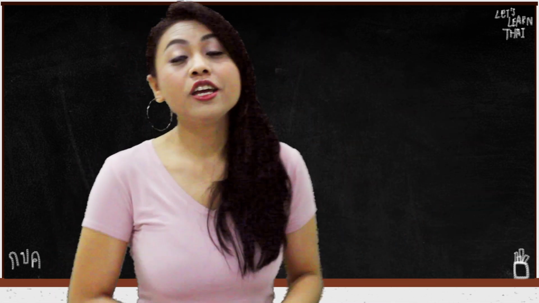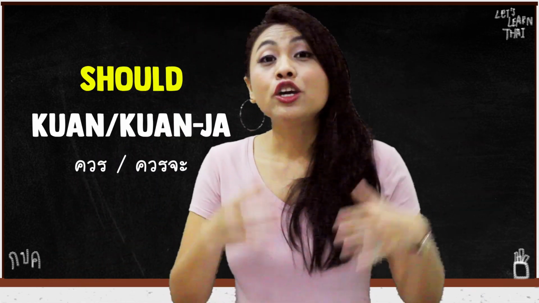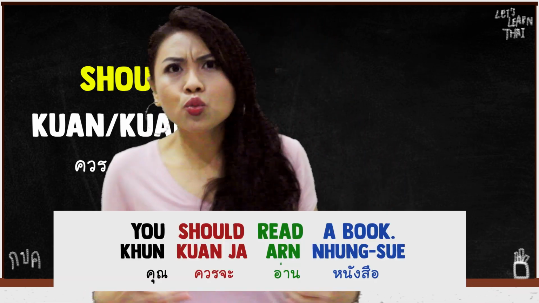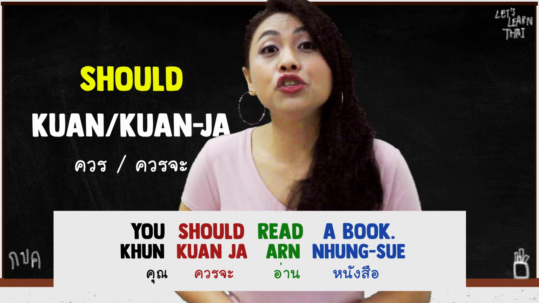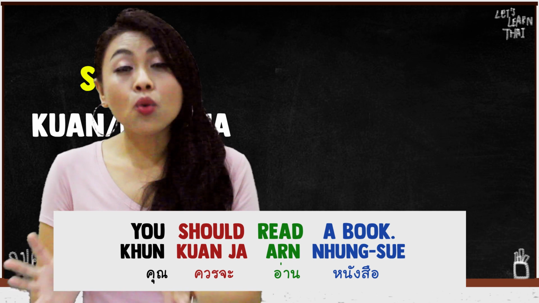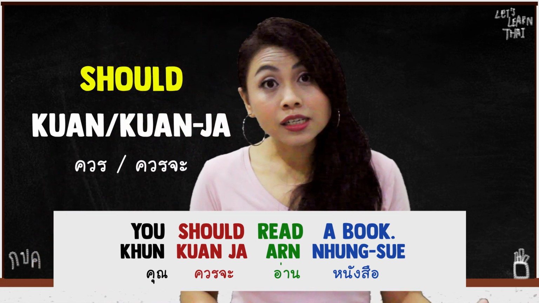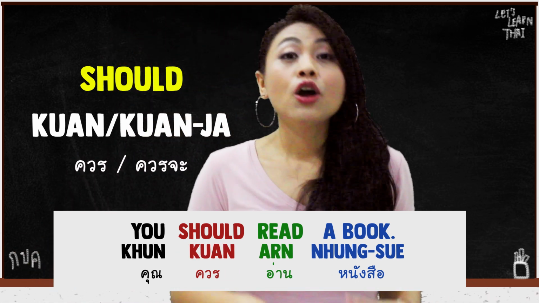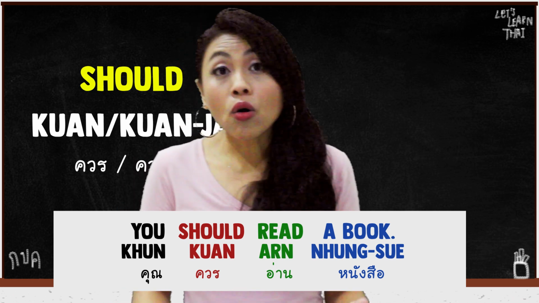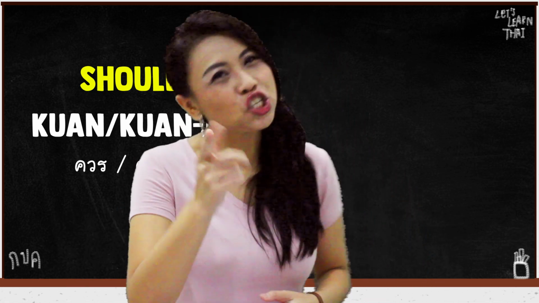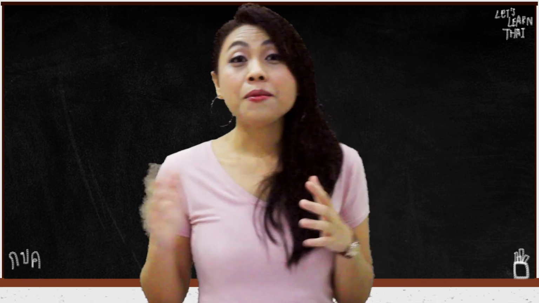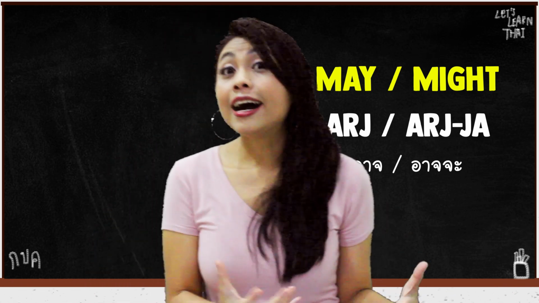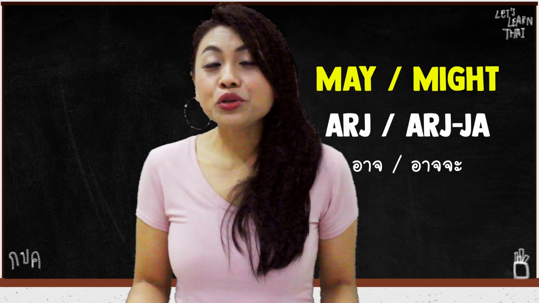The third one is should or in Thai ควร or ควรจะ. For example, you want to say you should read a book. In Thai, you say คุณควรจะอ่านหนังสือ. Or you can say only คุณควรอ่านหนังสือ. You can say either ควร or ควรจะ. Both mean should. The fourth one, may or might, which in Thai it is อาจ or อาจจะ. For example, you say I